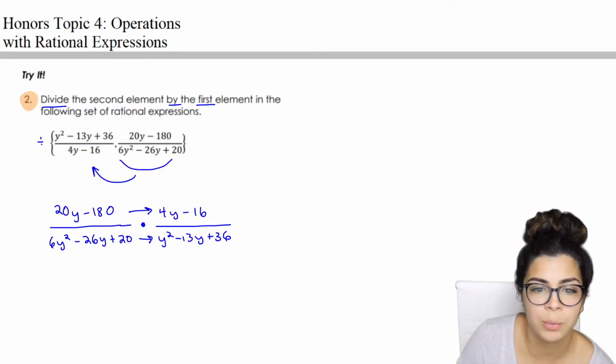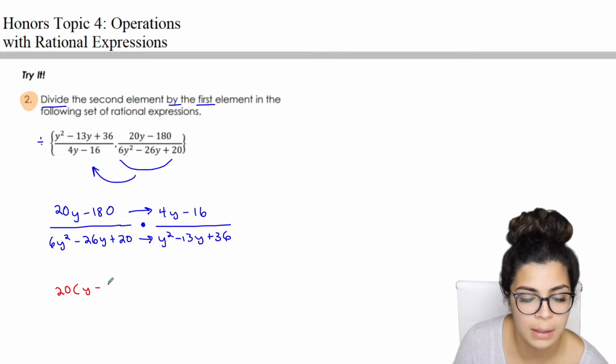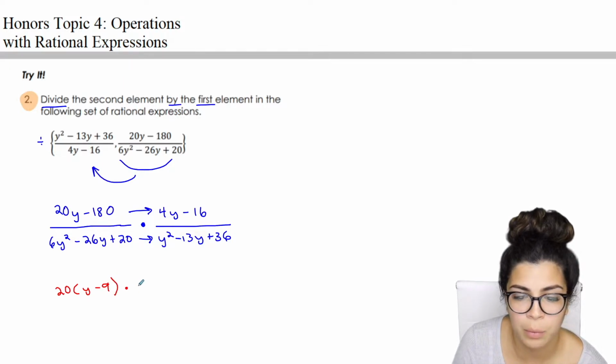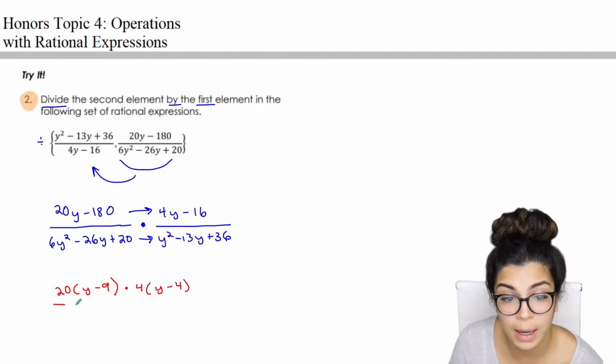Let's factor the numerator and denominator. So the numerator factor here would be 20 times y minus 9. And this is multiplying with 4y minus 16. I could factor out a 4, and we get y minus 4. In the denominator,